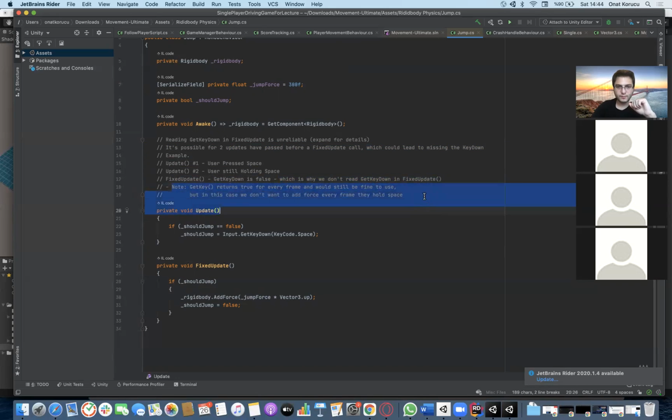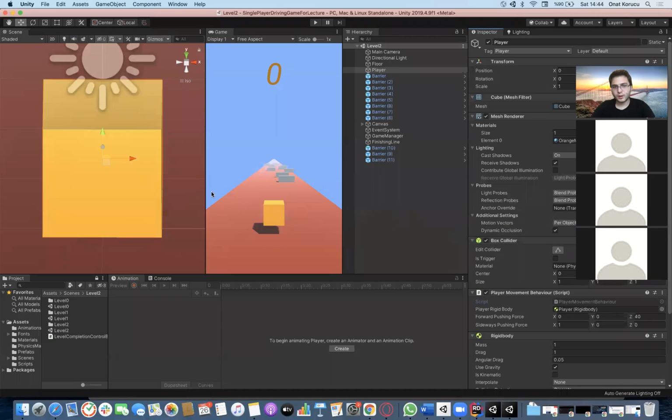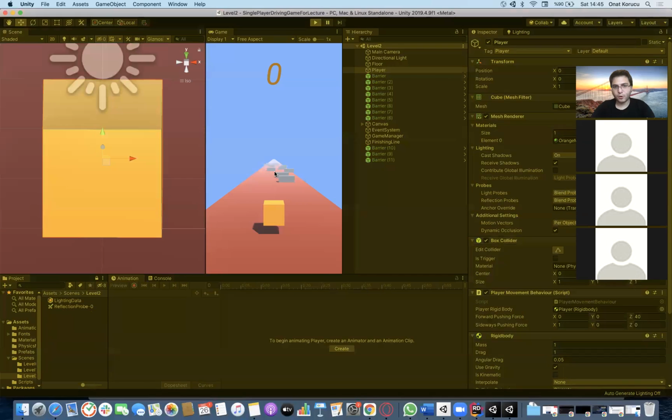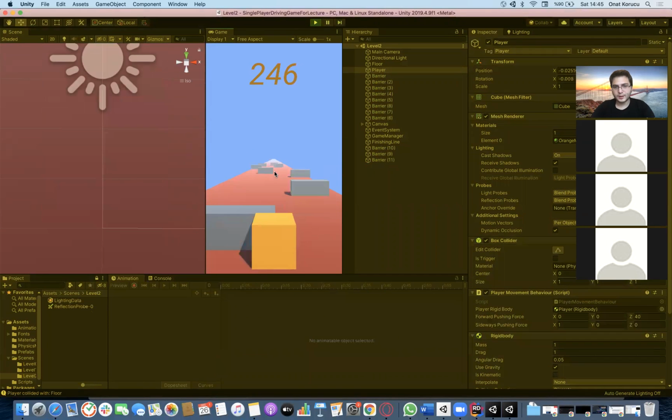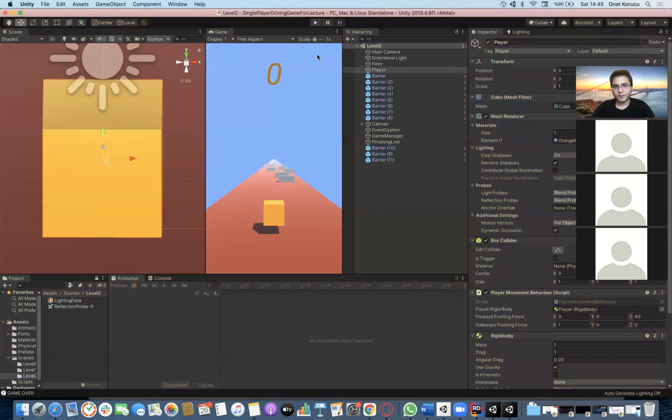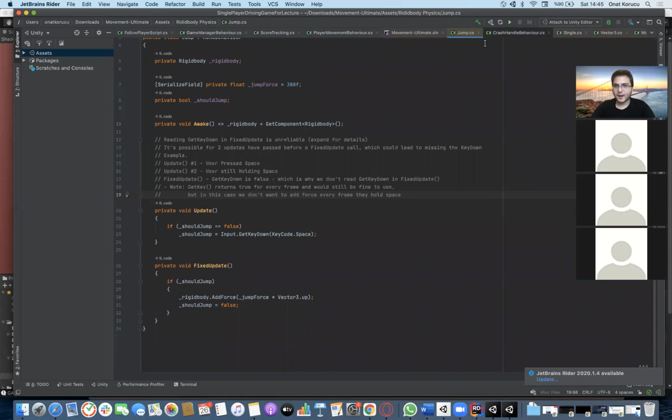It gave a note. Let's read that as well. Get key returns true for every frame and would still be fine to use, but in this case, we don't want to add force every frame they hold space. So in our game, as you recall, I want to add force when I'm holding my buttons. So this is why I used get key events, and this is why it's okay to check it inside